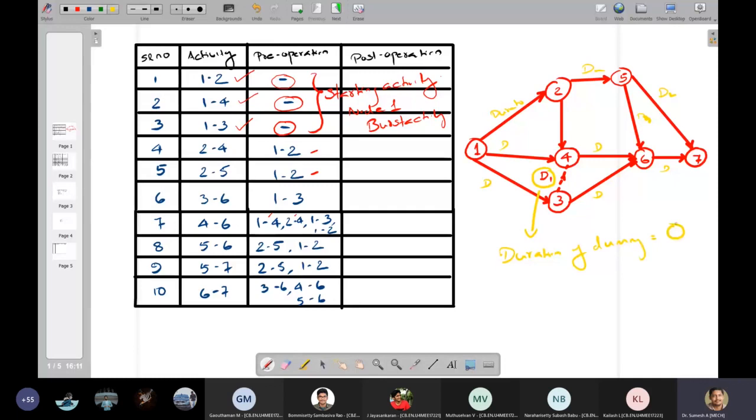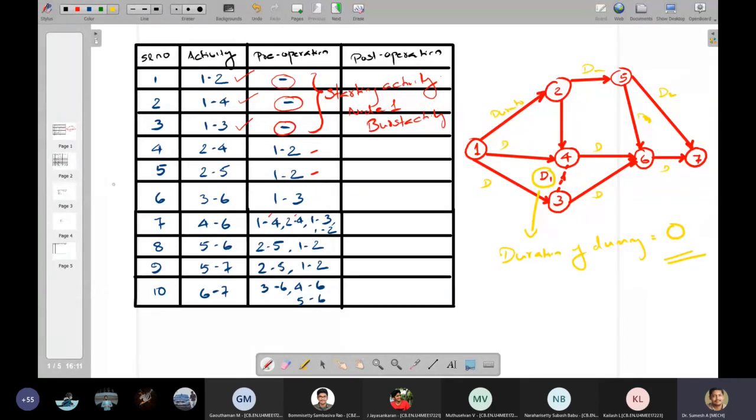So this you always need to keep in mind. This is how we will normally construct the network, or the arrow diagram. Based on what is given, we are moving in the forward direction. So the first three are the starting activities.